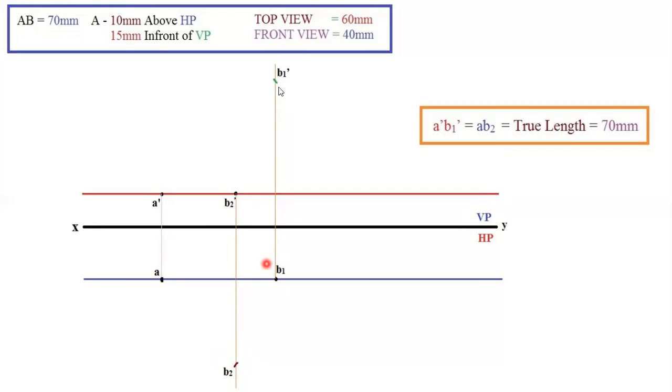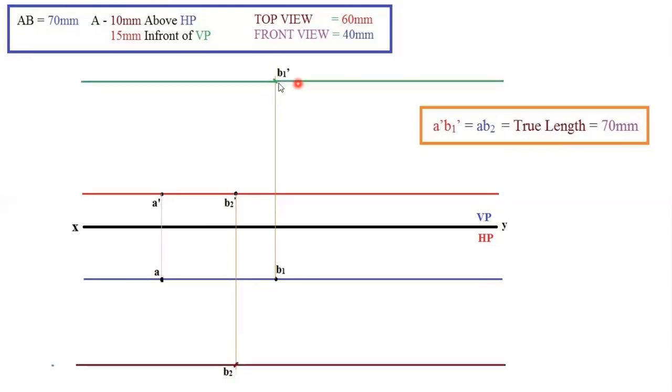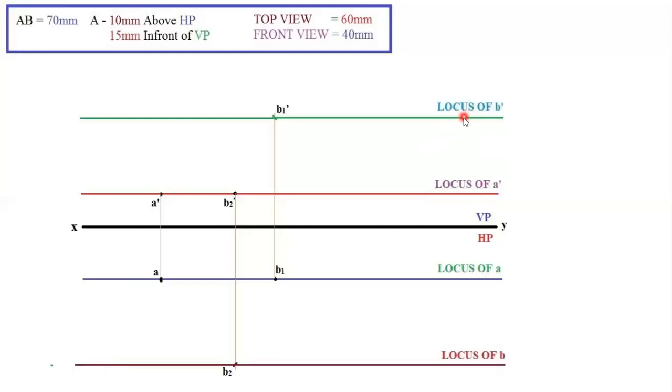Now we got the points, right? We can easily draw the locus. So mark this point and try to draw the locus. And here also the same thing. Here we got the point, right, so we can easily draw the locus. The next step is writing the names. So here the top line will be the locus of B dash. Here is the locus of A dash, here the locus of A, and here the locus of B. Write as it is. Locus of should be in capital, B dash, A should be in small.